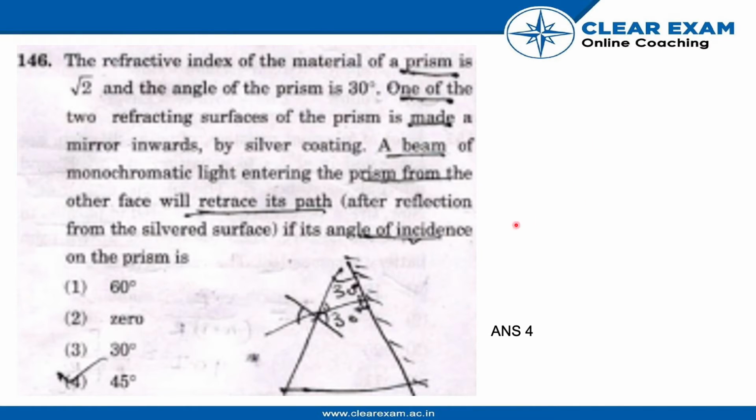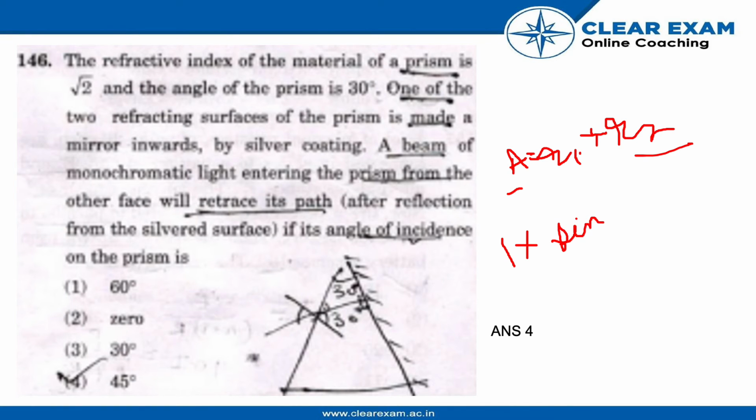So first we will have to find out R1. So as we know that A equals R1 plus R2. So we know that A is 30 and R2 is 0, so R1 will come out to be 30, and then using Snell's law, which is 1 into